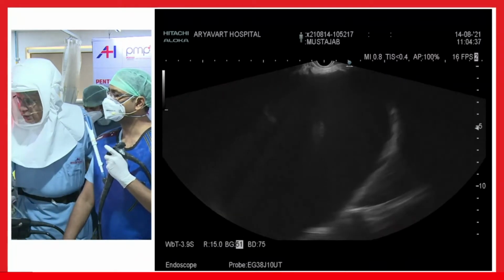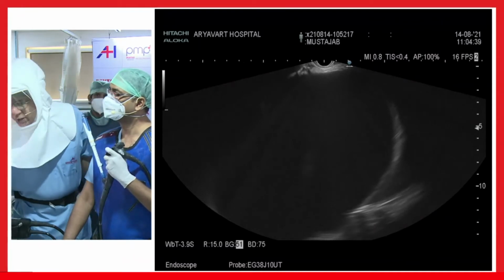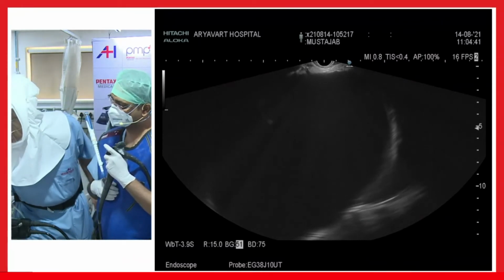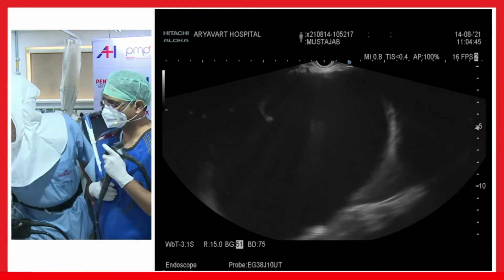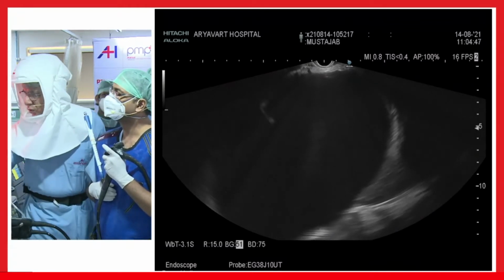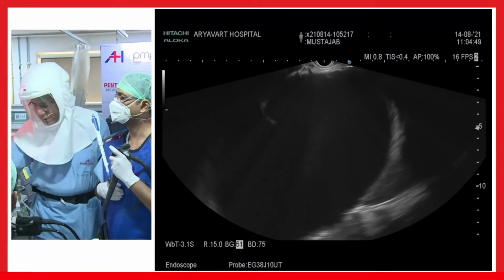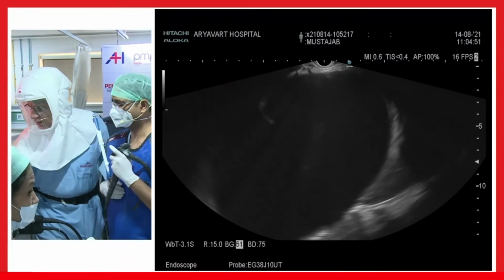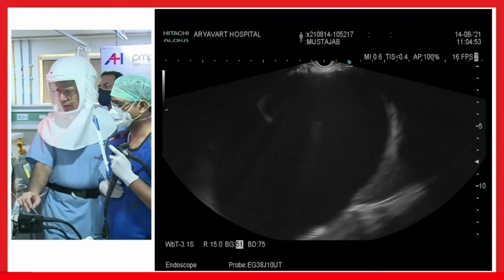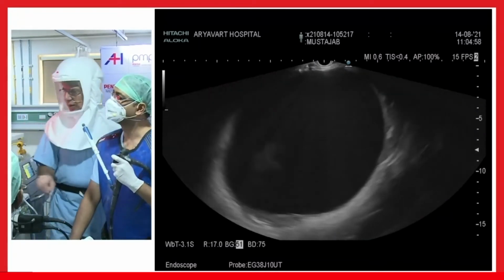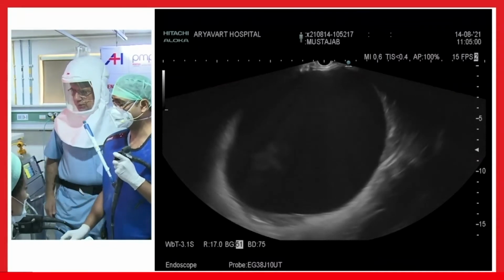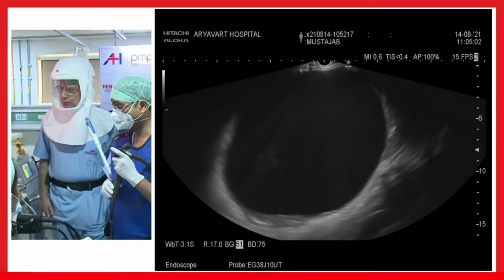When we want to see the whole of the cyst, we want to decrease the frequency to the lowest. This is high frequency now. We'll decrease it to the lowest, and also we'll move the focus up to the lowest most part, so that we can see the whole of the cyst. Dr. Deepak, are you happy with this now? Yeah, definitely. Now the whole cyst is visible.